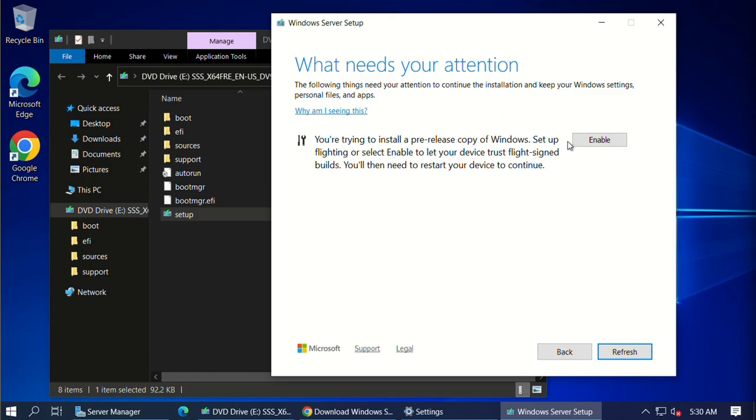So this is the what needs your attention screen. You'll be trying to install a pre-release copy of Windows. Set up flighting or select enable to let your device use flight signed builds.